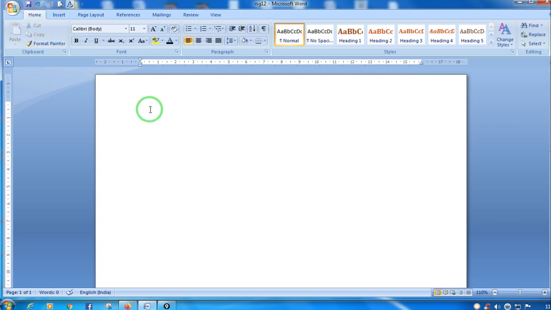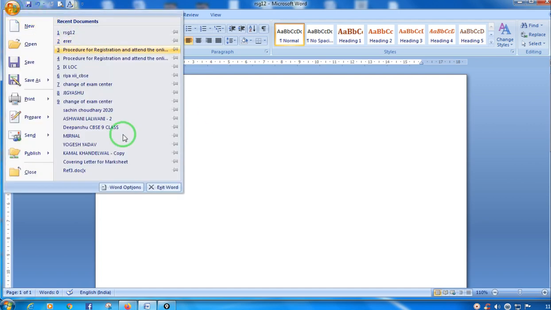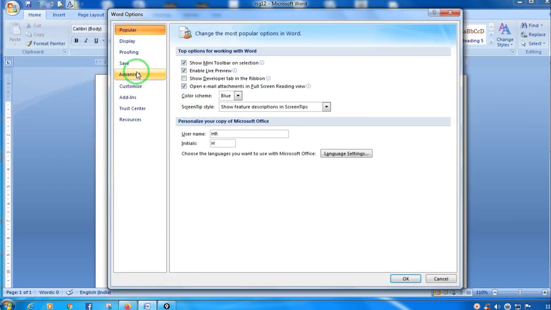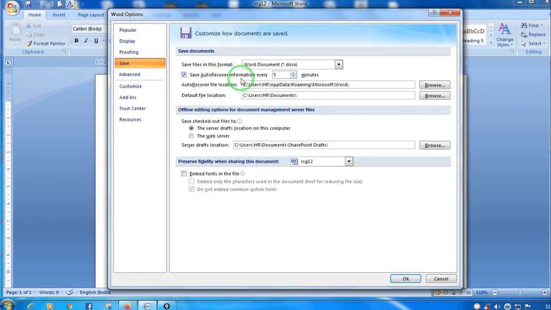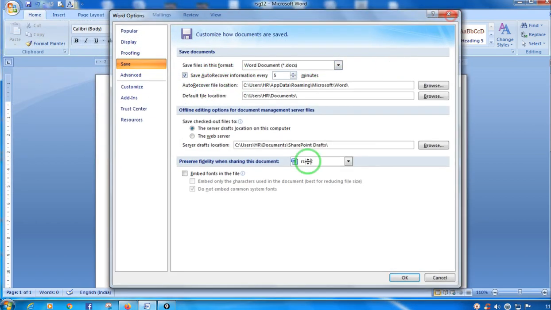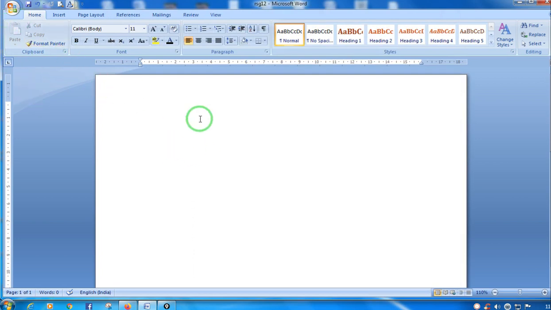But apart from that, you should also enable your auto recover option. Sometimes you forget to save your file, so in that case auto recover will automatically save the work that you have done. So this is the use of auto recover or auto save option present in Microsoft Word.